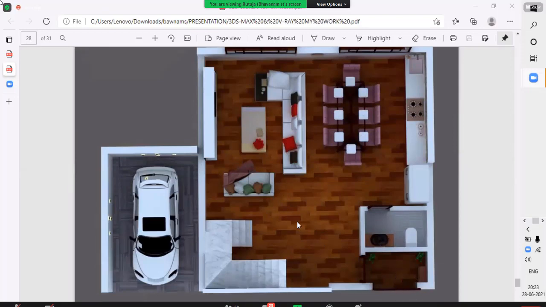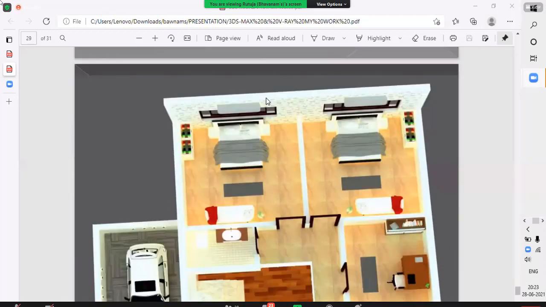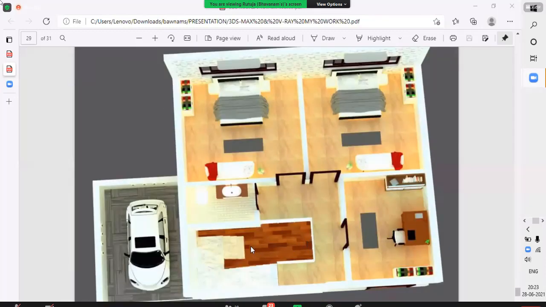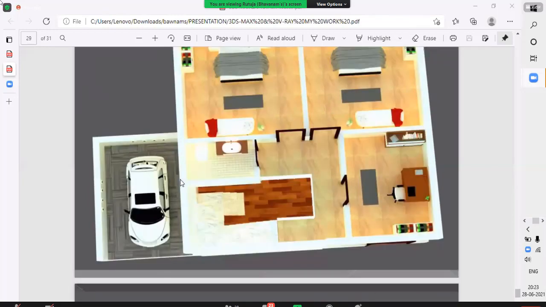So this is the entrance, and you get our hall and kitchen. So this is the first floor. Are you seeing that? It's up and you get the first floor here, and there is a study room, and there are 2 bedrooms and a common WC bath, and this is parking on the ground floor.